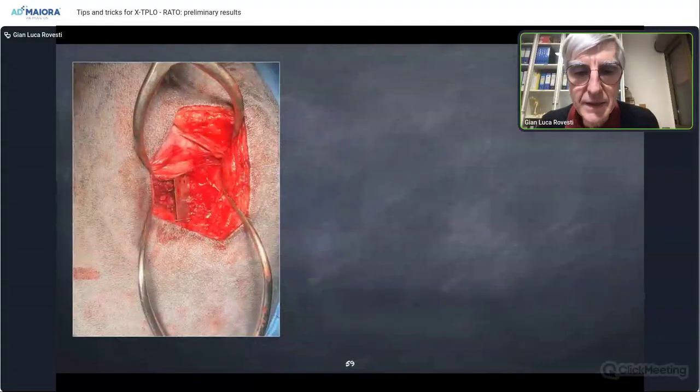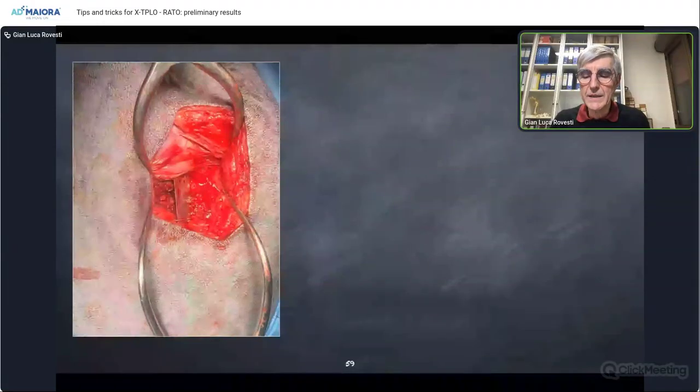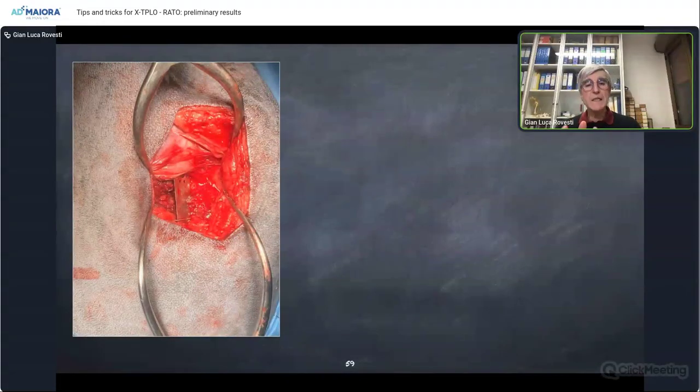Even though it is completely possible to perform the osteotomy with the oscillating saw, my experience is that if you are not very familiar with this area and with the angle of the blade of the oscillating saw,